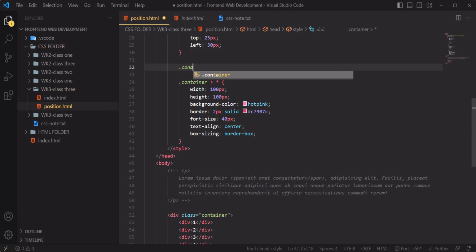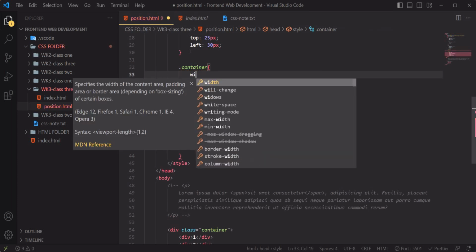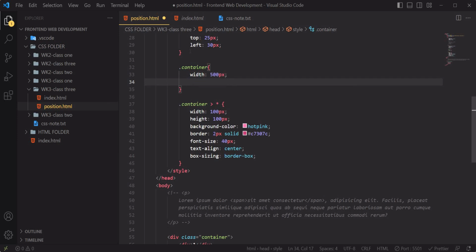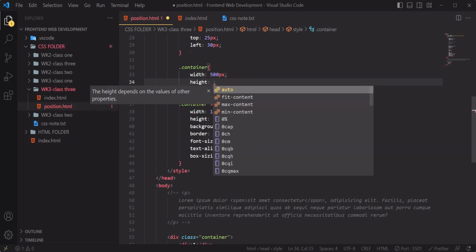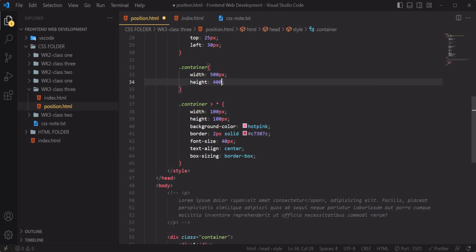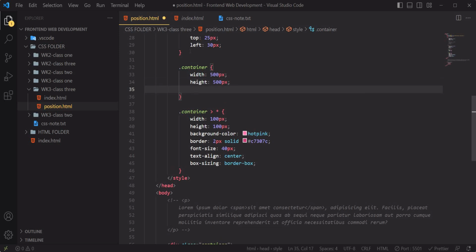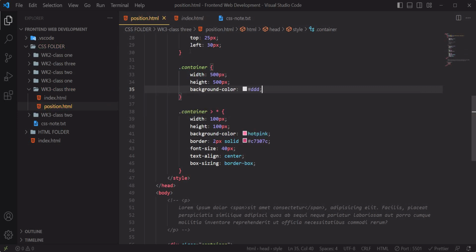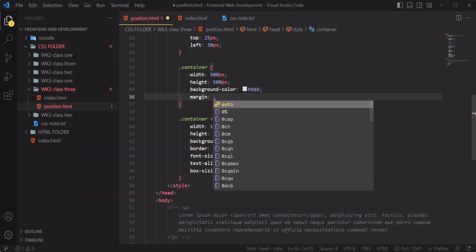I want to give the container a width of, let's say, 500 pixels, then the height of, or let's say 500 pixels too, and the background color of the symbol, and I want the margin, I want to center it